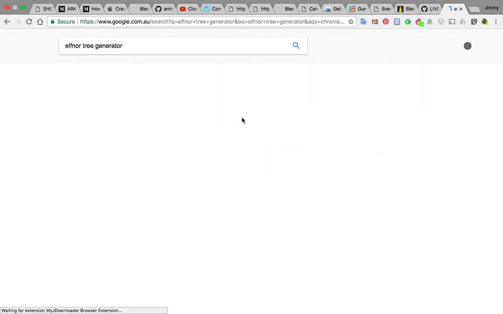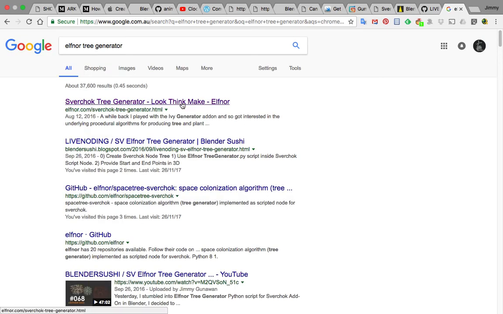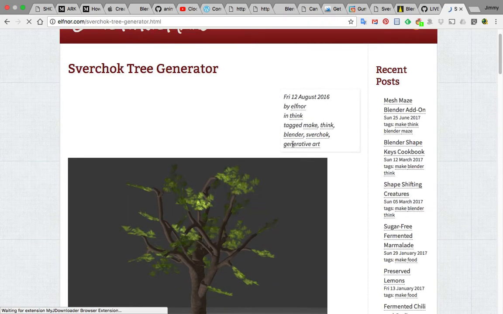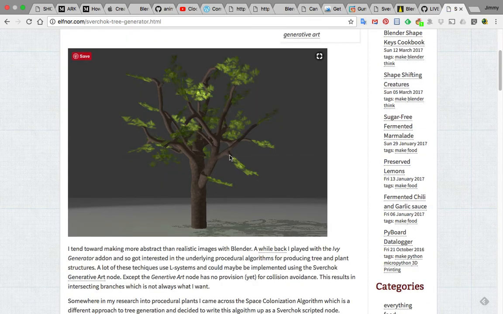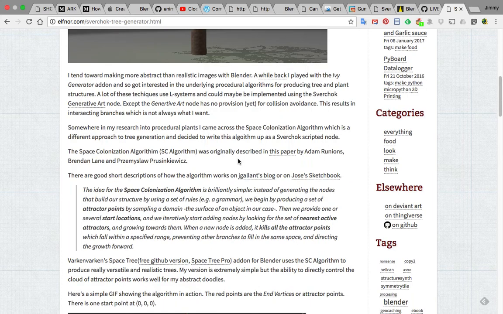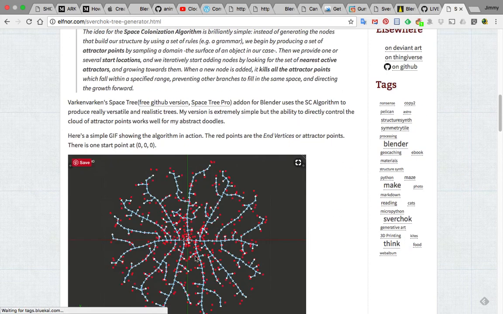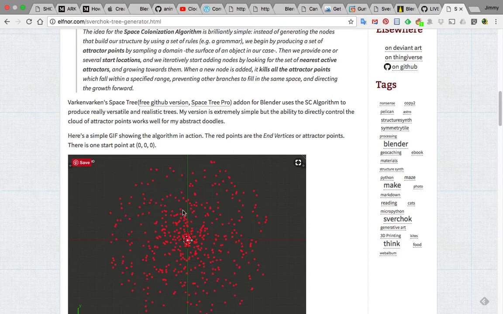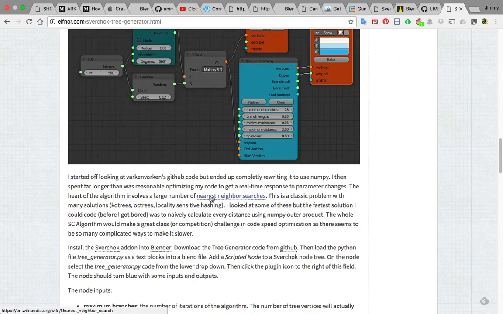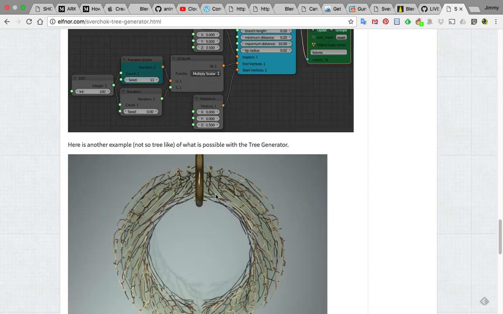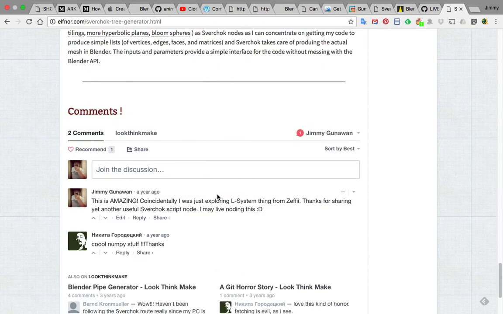At some point, she actually made some kind of script nodes that will work with Sverchok to create a tree. So this is her page, and she explained how to create the tree. For what we are doing, we're really just gonna need these points for our metaballs. So this is gonna be interesting. It's pretty easy. You just need to download the Elfnor